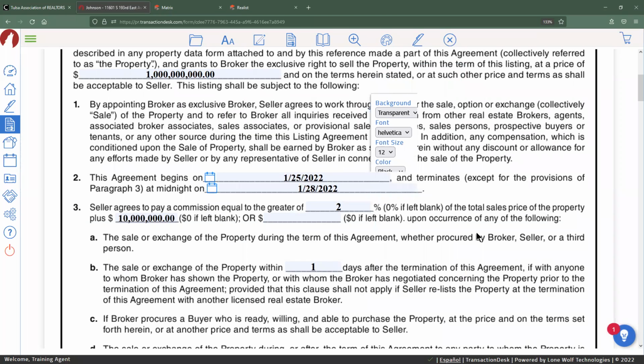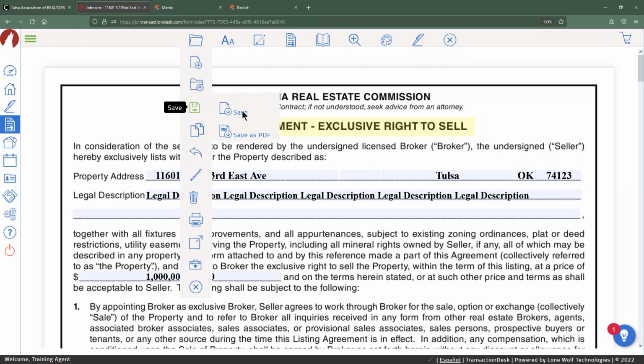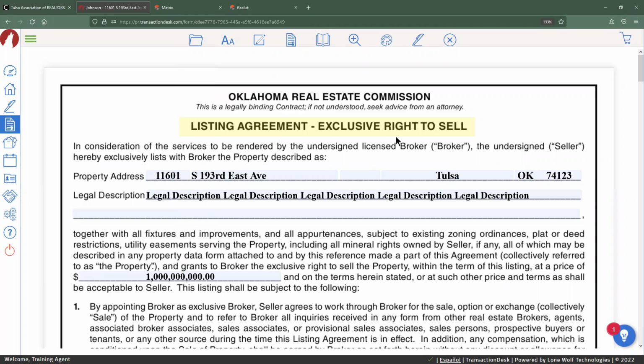So we can increase the font size, we can change how transparent it is, make it bold, italic, et cetera. All right. Now, once I'm done with the filling out of this particular form, we saw that save and exit button earlier. There's also a save option right here that allows us to save it in case you guys are paranoid like me and save things compulsively. The cloud has made my life exponentially less stressful. But whenever you guys are filling the information out, it should automatically save after every 2 minutes or so.